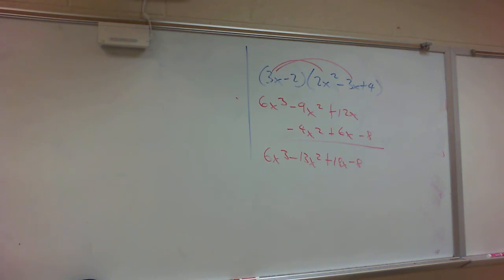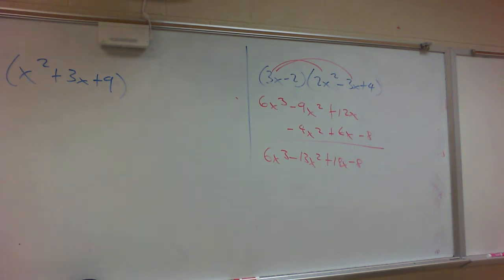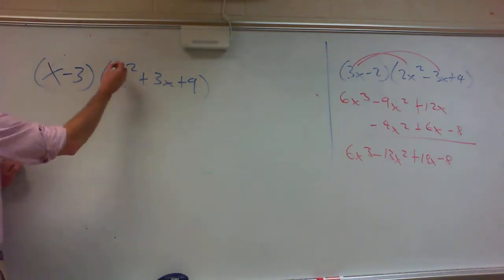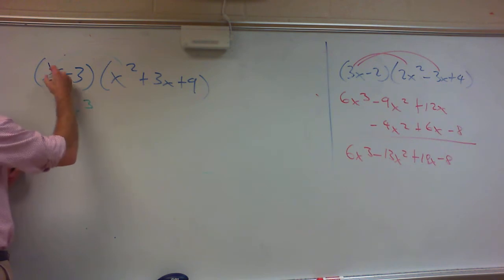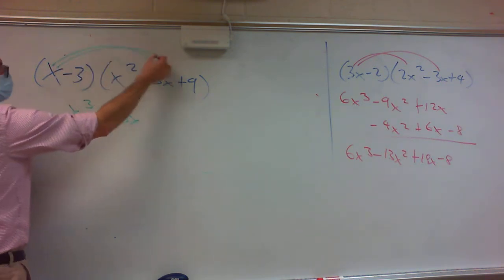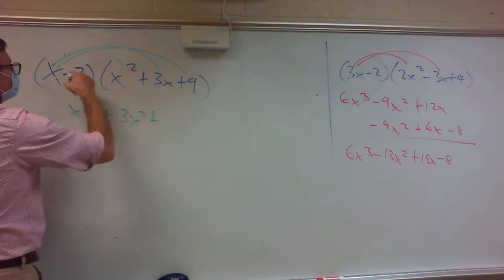What if I give you x minus 3 times x squared plus 3x plus 9? Multiply those. All right, so this times this gives me x cubed. This times this gives me a plus 3x. This times this is going to give me a 3x squared plus,